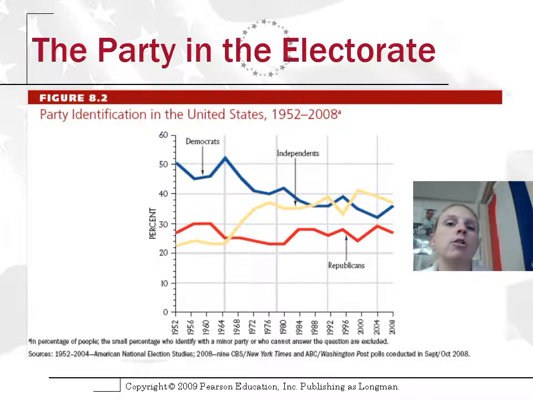This graph shows you party identification from 1952 all the way to 2008. And you could see the movement of both the Democrats and the Republicans going down a little bit. Republican is somewhat staying steady, but it did go down. And the rise that we're seeing in the chart is really with the independents. Like I've said to you before, the rise of the independents was at the cost of the Democrats. And if you look at it like that, you can see that in the graph.